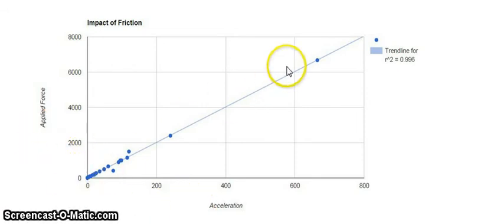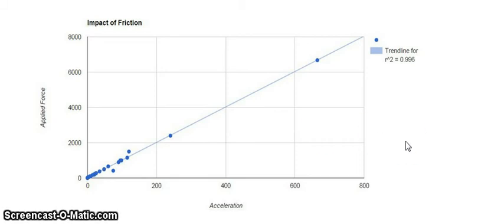crowdsourced our data and got this great, terrific linear graph with an incredible r-squared value, close to 1. The slope looks like it is 6,000 divided by 600, or that's the ratio anyway of those 2 points, but it looks like it goes through the origin, so that sort of looks like a slope of 10, which is